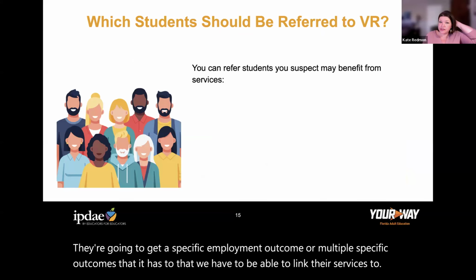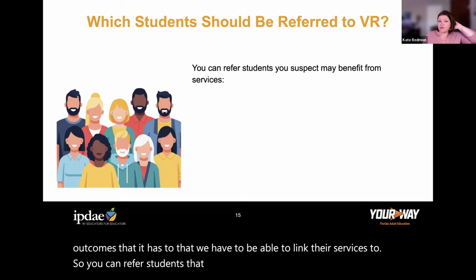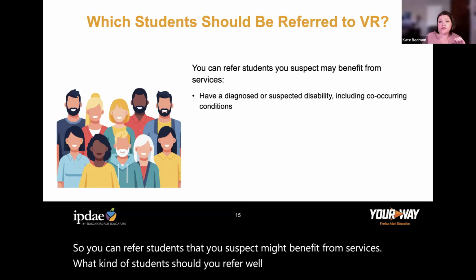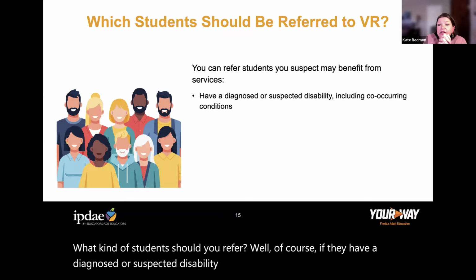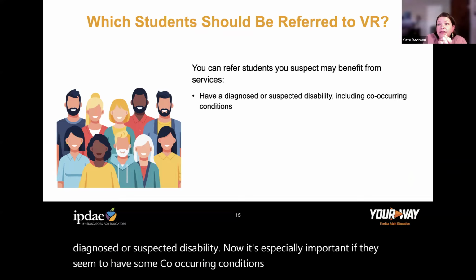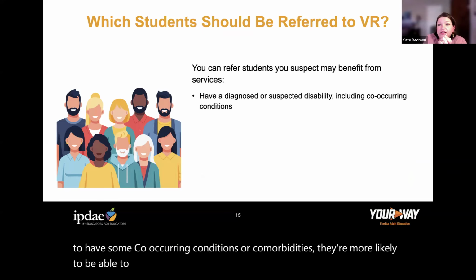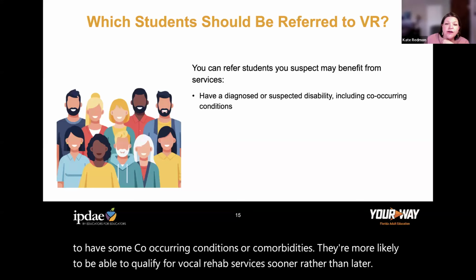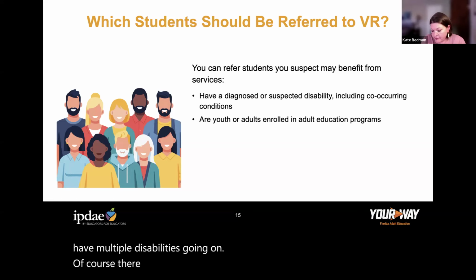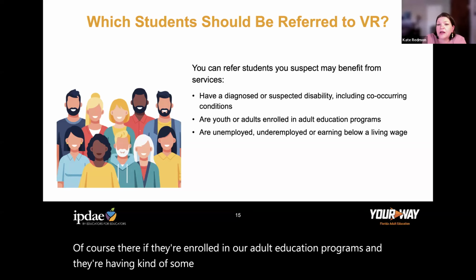So you can refer students that you suspect might benefit from services. What kind of students should you refer? Well, of course, if they have a diagnosed or suspected disability. Now, it's especially important if they seem to have some co-occurring conditions or comorbidities. They're more likely to be able to qualify for voc rehab services sooner rather than later if they have multiple disabilities going on. Of course, if they're enrolled in our adult education programs and they're having some kind of struggle there, if they're unemployed, underemployed, or earning below a living wage,